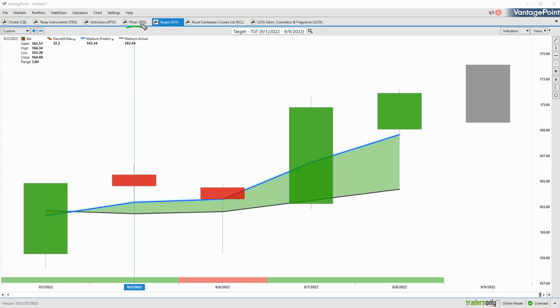So here, Pfizer, we just had a crossover more recently, but where you may see some of this strength already starting to creep into the market? Well, here, shares of Target, you see, three or four full days ago here with that crossover to the upside, Neural Index bullish. And you see here how the tools all work together,